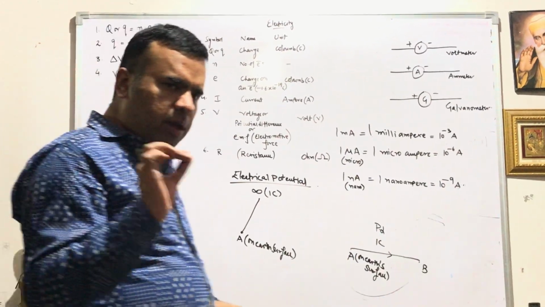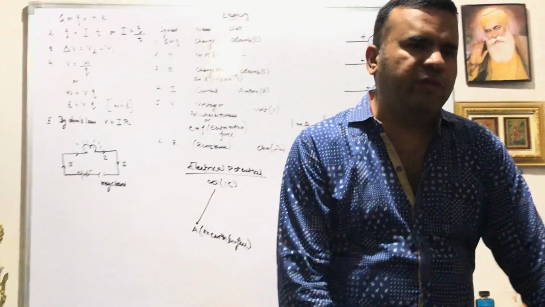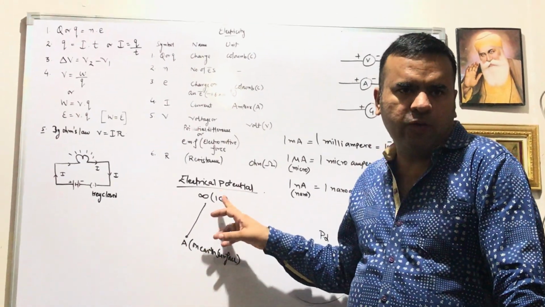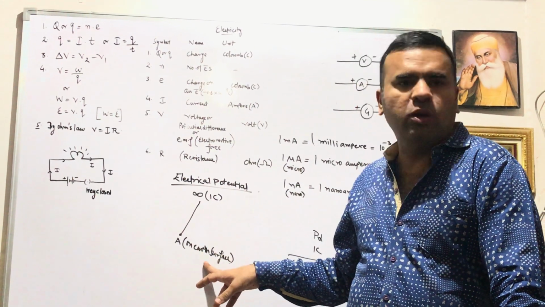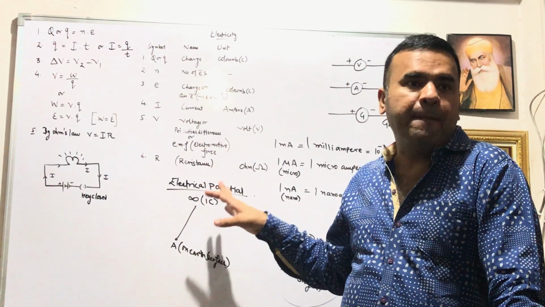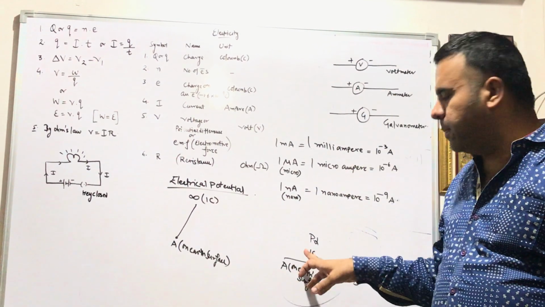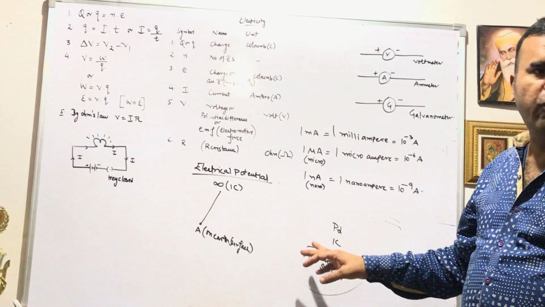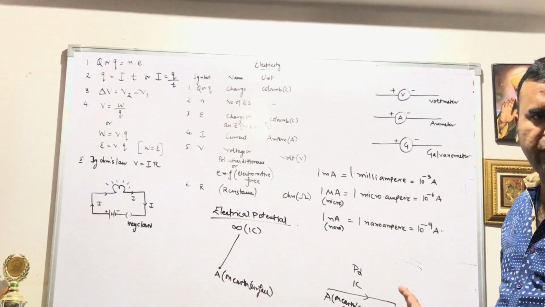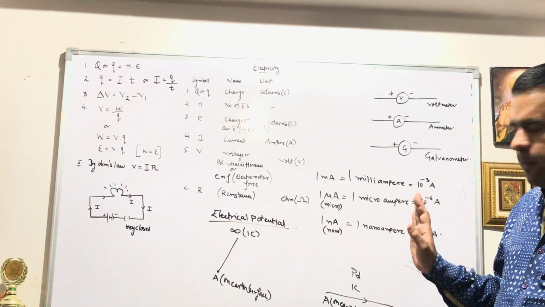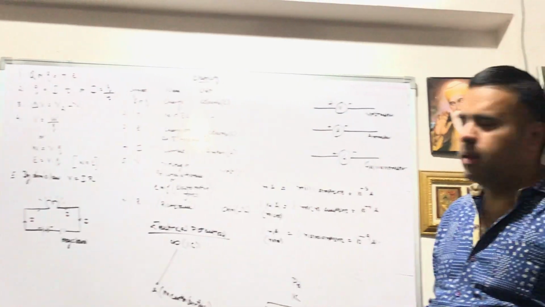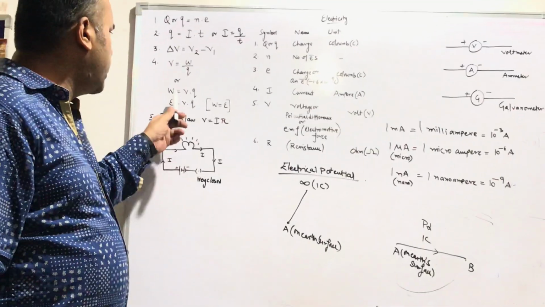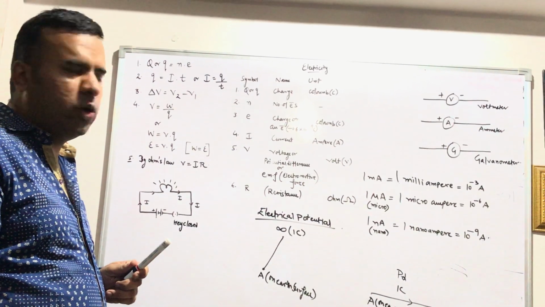It is very, very helpful in understanding. I can tell you both the definitions again. The amount of work done in bringing a unit positive charge from infinity to a particular point on Earth's surface is called electric potential. And the same unit positive charge, the amount of work done in bringing a unit positive charge from one point of Earth's surface to another point of Earth's surface, that is called potential difference or voltage, right? Second thing, the formula V is W by Q. You will cross multiply it, you will get W is equal to V into Q.